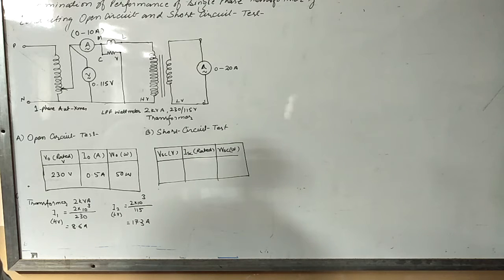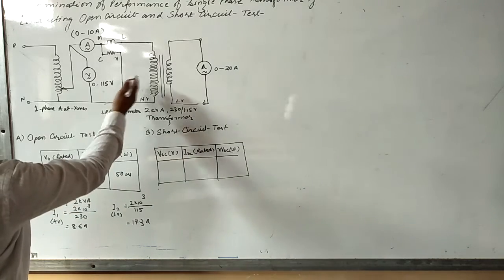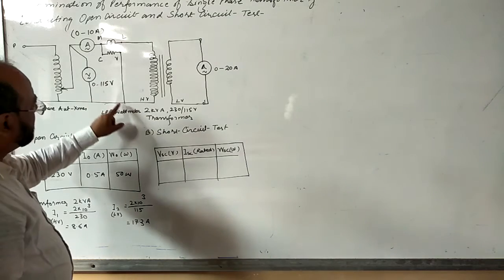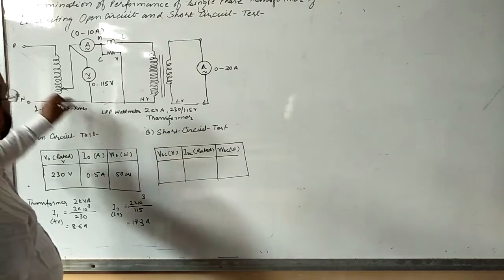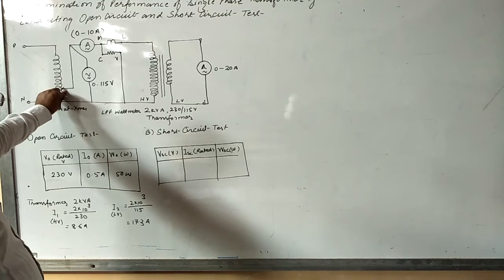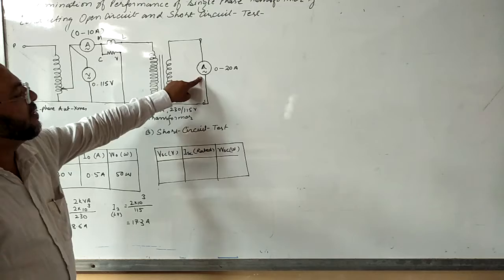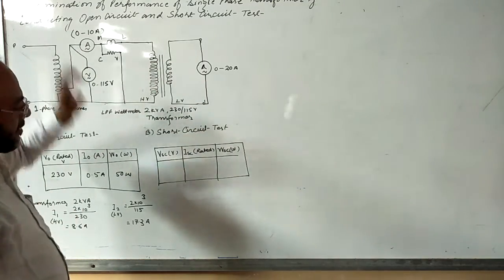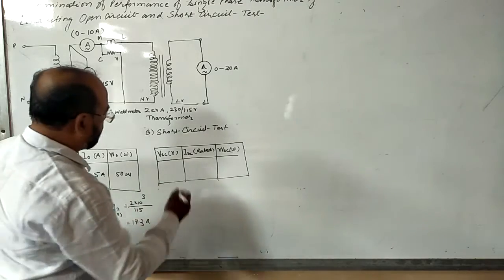We are taking the parameters on the primary side, that is the HV side. Here the rated voltage will not be applied, only a small voltage. We have to increase it very slowly, and you will find that even at a very small voltage it will circulate the full load current, measured either on the secondary winding or the primary. So the current will be rated. What is the current?